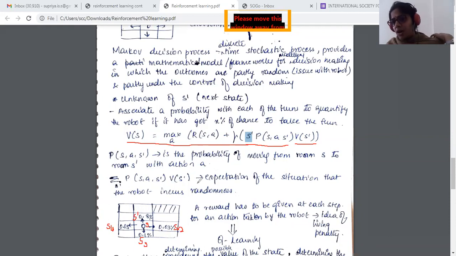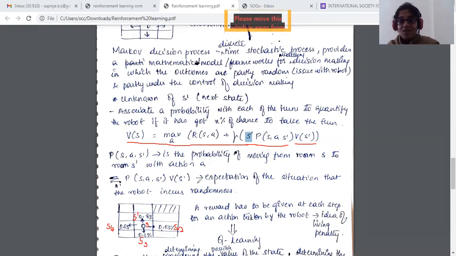Now, since I've given the probability value, the robot can make an action very easily. That's very fine. But even the robot would expect an expectation. It would also expect a reward, right? Just like that, all the time you make me work, there should be a reward given for each and every step the robot takes. Till now, we never gave a reward at all.